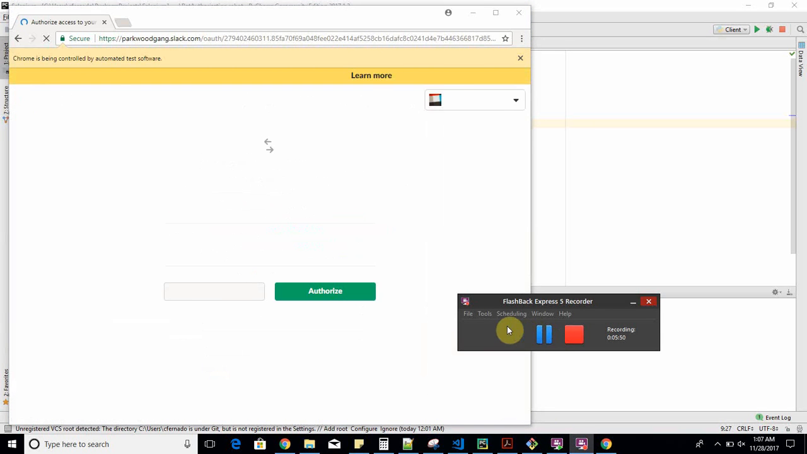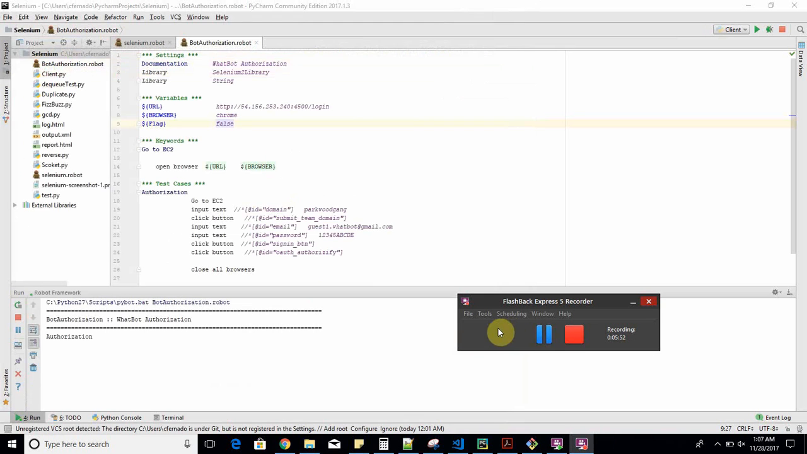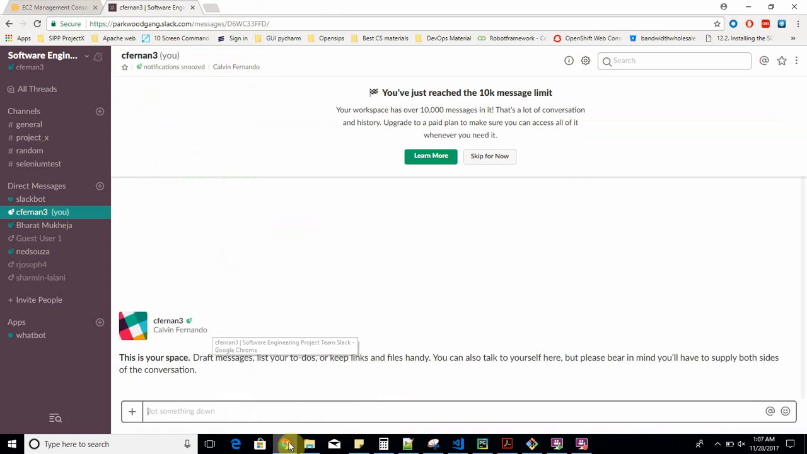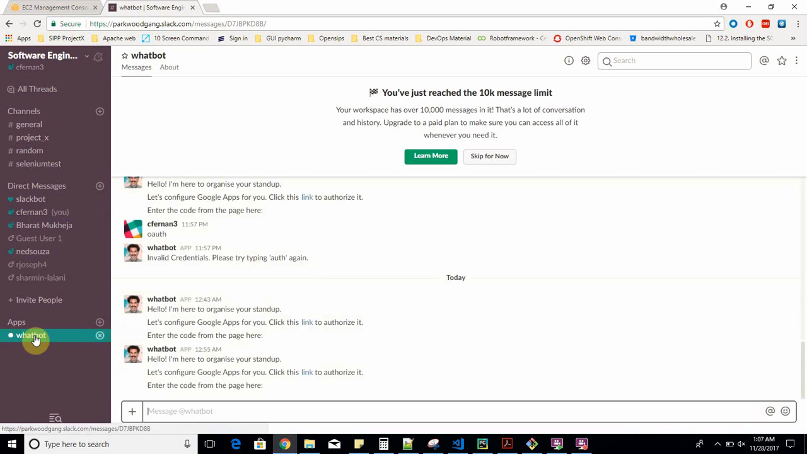As you can see, we are on the final step, that is to authorize, and yes, the authorization was complete. Now is the moment of truth. So let's have a look at our Slack workspace, and as you can see, yes, my WhatBot is now online. If I type setup here,